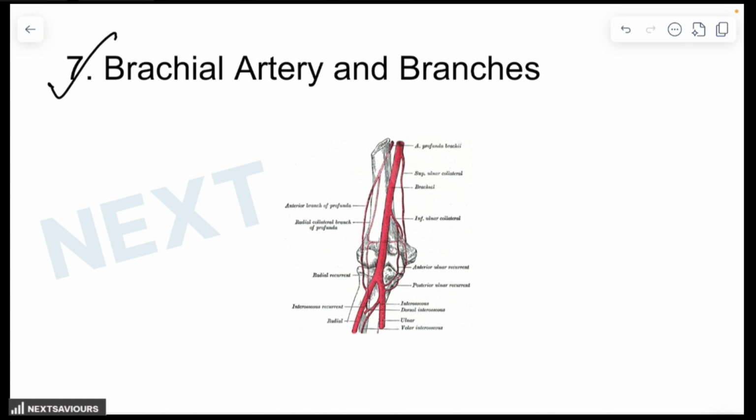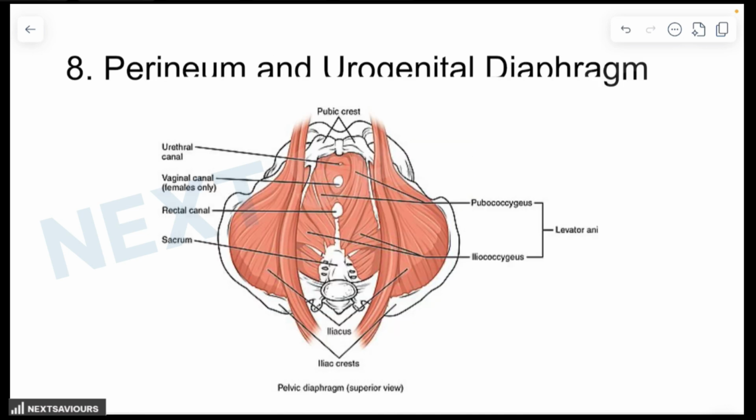Identify the artery which is used in the blood pressure measurement. The brachial artery divides at the level of which anatomical landmark? So these are the kind of questions which they ask repeatedly because it is considered to be a very, very important question. Then obviously the question which even this year is going to be asked out of this